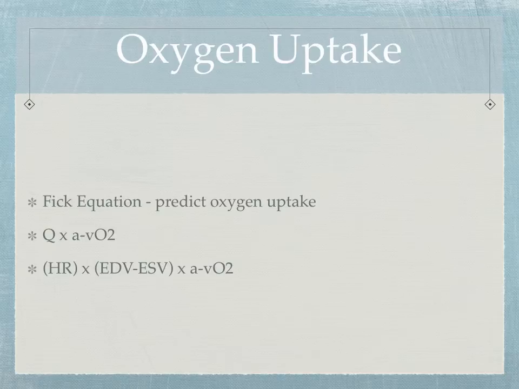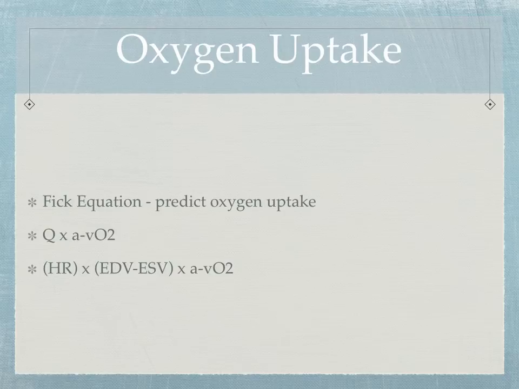oxygen used. If you recall, our cardiac output can also be referred to as heart rate times end diastolic volume. That's the volume of blood in the left ventricle at the end of diastole, or at the end of filling, when the blood transfers from the atria down into the ventricle, and then minus the end systolic volume. That's the amount of blood pumped out of the ventricle at the end of systole, how much blood remains in there. So that's our cardiac output times the AVO2 difference, which allows us to predict how much oxygen is taken